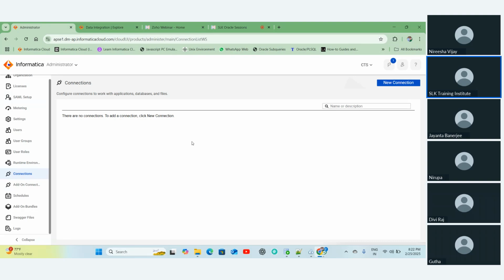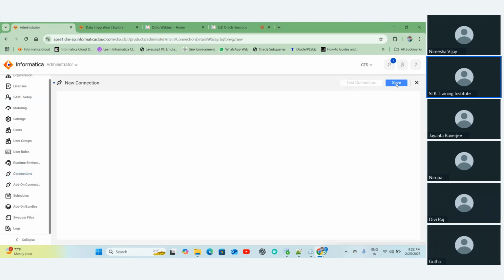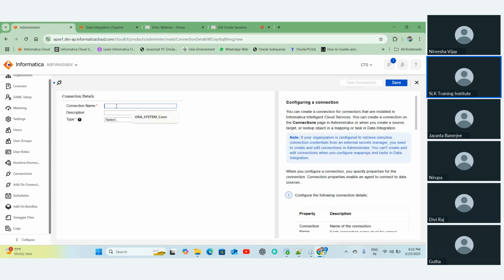So in the connection section, the first thing we should do is ask our team members whether the relevant connection is already created or not. If it is created, we need to search for it here. If it is not created, then we need to click on New Connection. Once we click on New Connection, we will have to give the connection name. The connection name should follow certain standards. Okay, for which project we are creating,